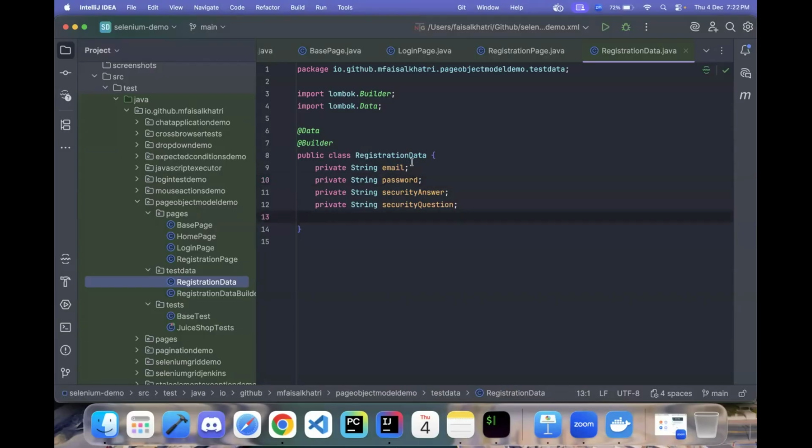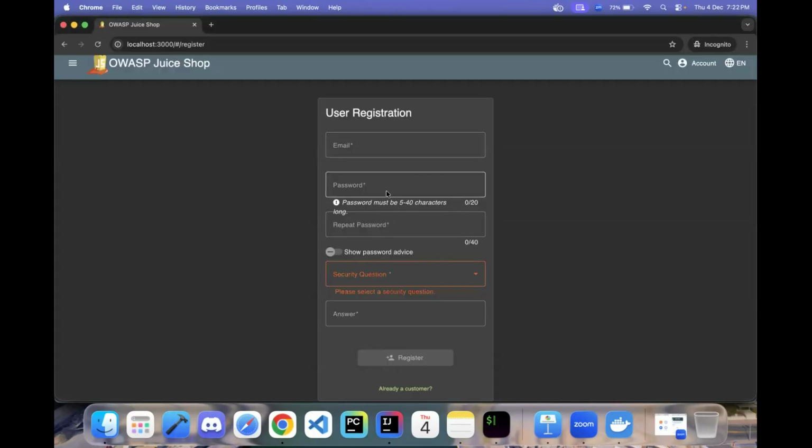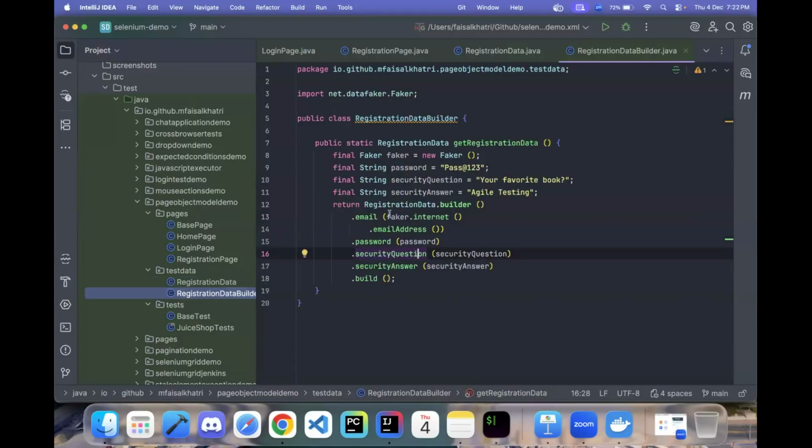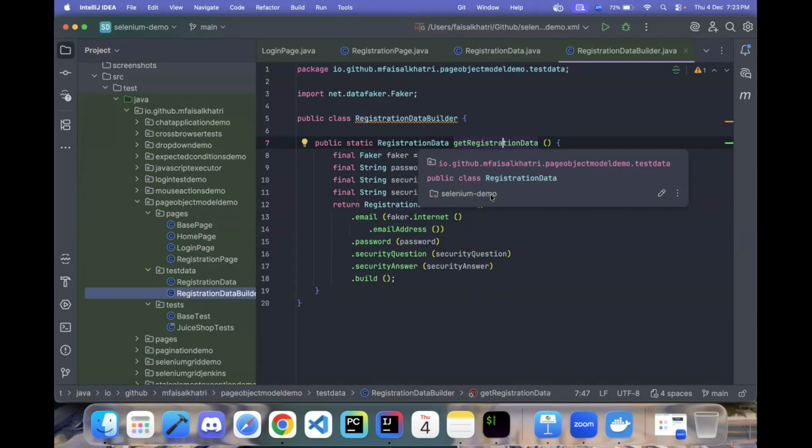So the registration data has all the fields related to the user registration screen. The registration data builder class takes in the registration data from the registration data class. You can see this get registration data method returns a set of registration data. The registration data builder class implements the builder pattern in generating the registration data at runtime by using the data